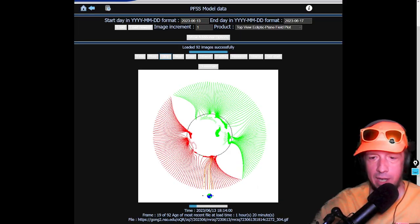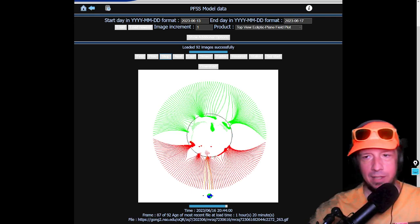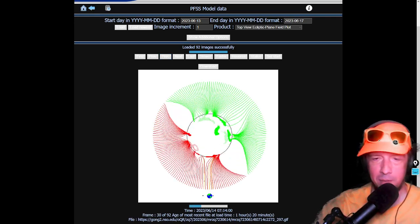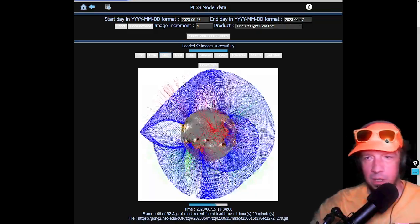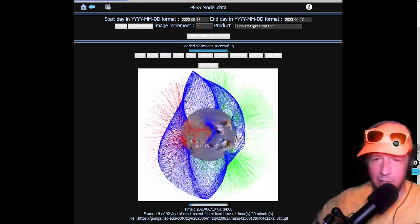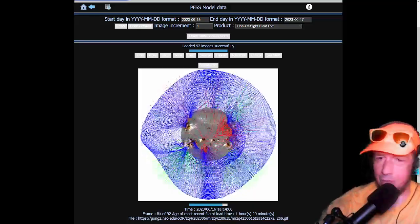Sounds like a forecast to me, and it was based on this. It's not because I looked at the data from STEREO A and saw a sunspot rising. Nope, it was only based on this data because of an understanding of the correlation between the magnetic data and actual solar activity. Anyway,